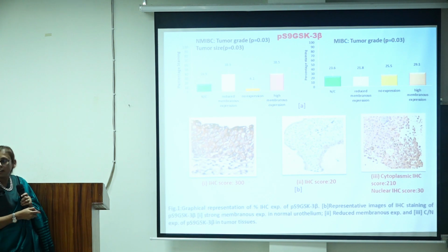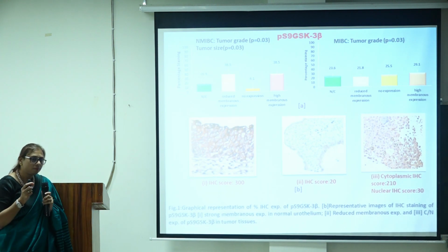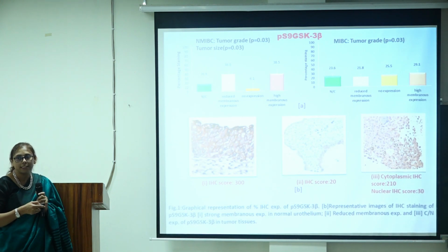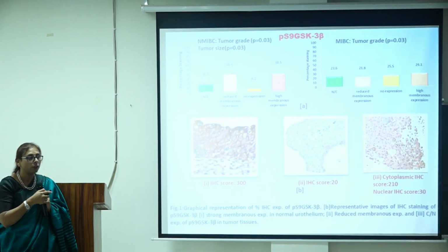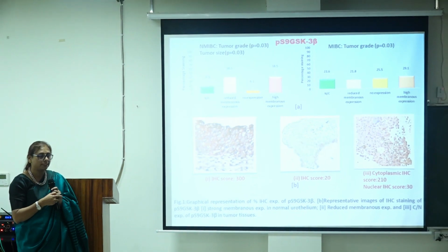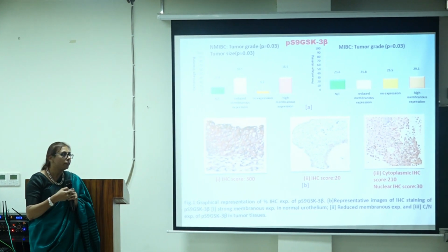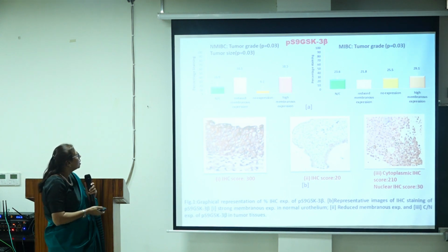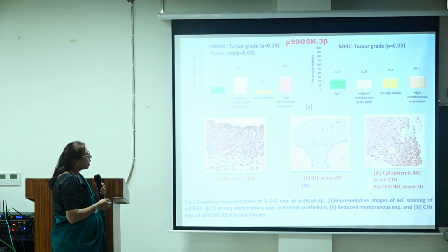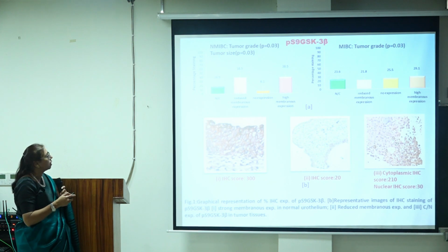We first investigated one of the key important proteins, phosphoserine 9 GSK3beta. It is the same GSK3beta, but here the serine 9th position is phosphorylated, and this is an important implication of this molecule. This phosphorylation actually reduces the kinase activity of this enzyme. There are studies available showing that aberrant accumulation of this phosphoserine GSK3beta leads to carcinogenic activity. We did IHC studies to study the localization as well as the protein level of this phospho-GSK3beta